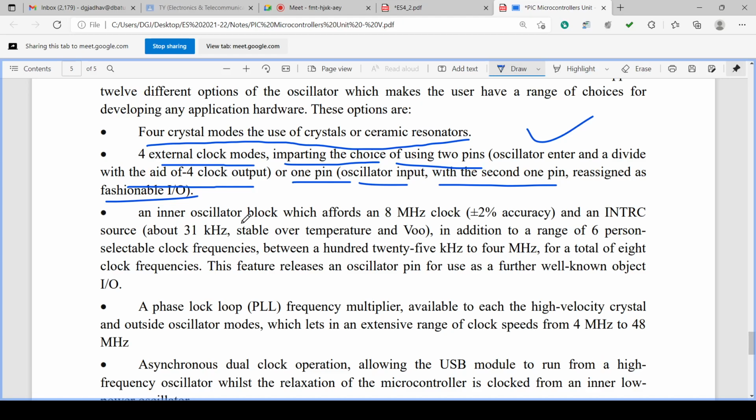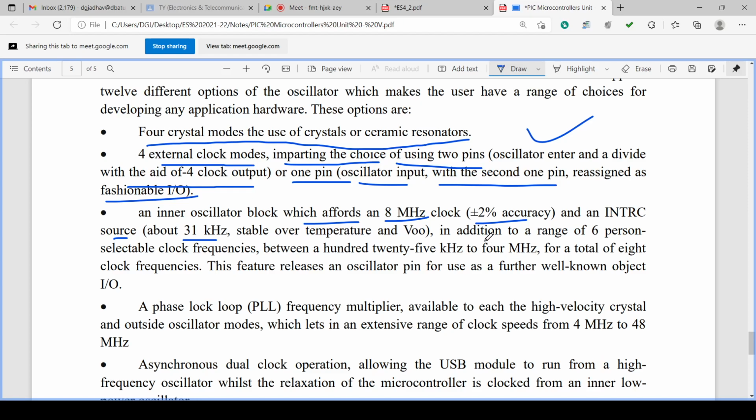The internal oscillator block inside the IC offers a 4 megahertz clock with plus minus 2% accuracy, and the INTRC source. Okay, the internal RC source is about 31 kilohertz, stable over temperature.